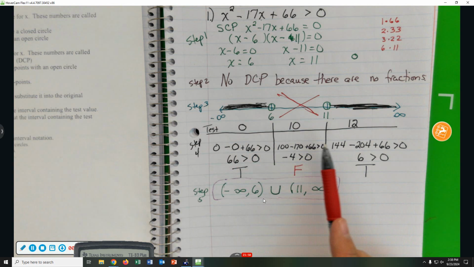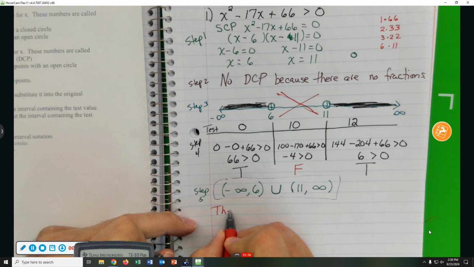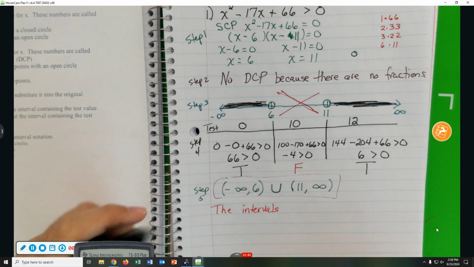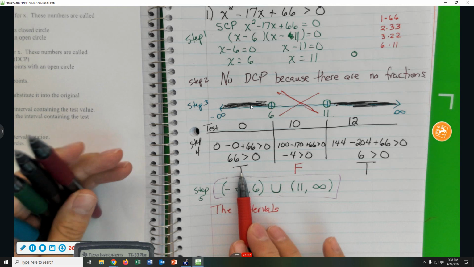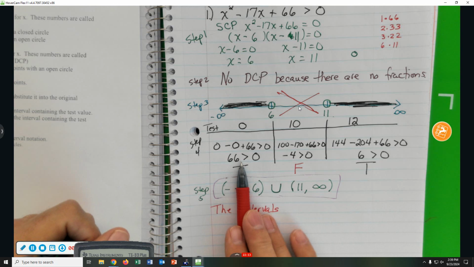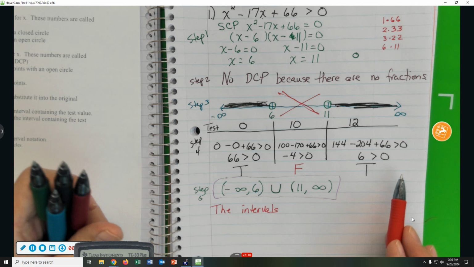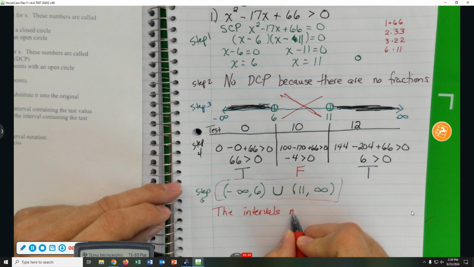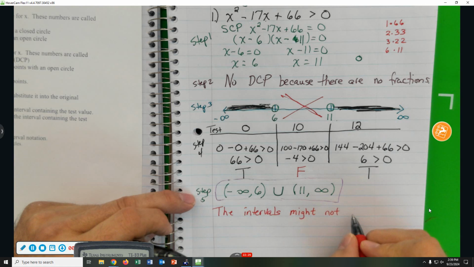Usually you don't have to test every interval. The intervals usually alternate. Do y'all know what I mean by alternate? If the first interval is true and it alternates, what would y'all guess the rest of them are? The first one's true. False. True. Does this alternate? Yes. The intervals might, don't you love that word in math? The intervals might not alternate